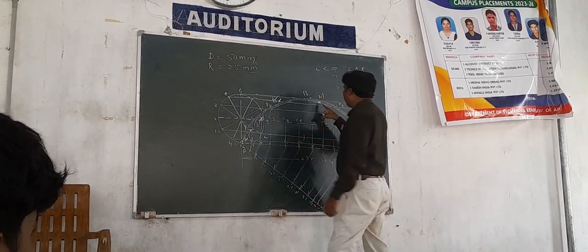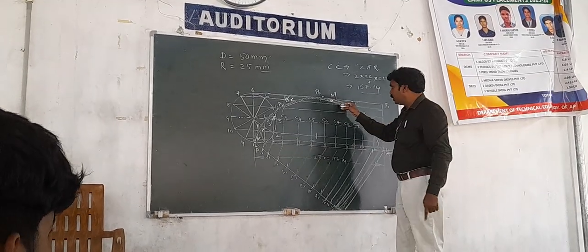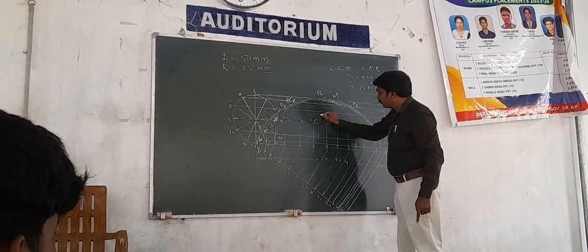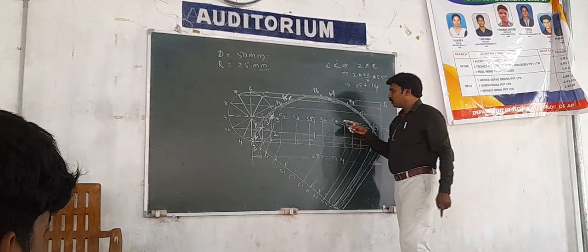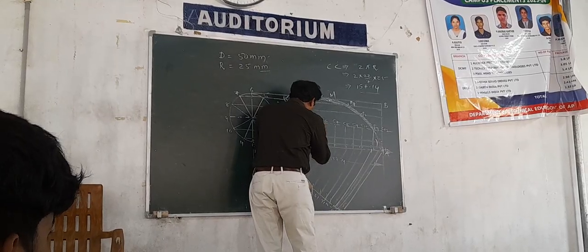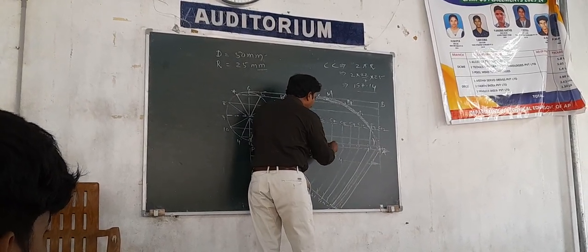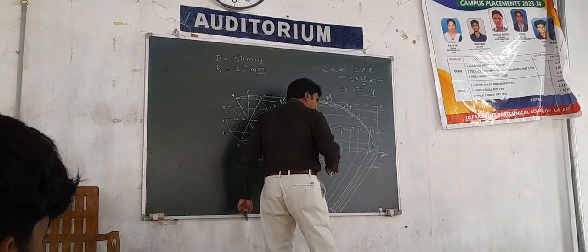Tangent, normal, he asked. See, on this cycloidal curve, at any point you can mark the point M. With the same circle radius, okay? With the center M intersect the center line. Now from the center line you can draw the perpendicular line up to the 2 pi r length. This is the point N.